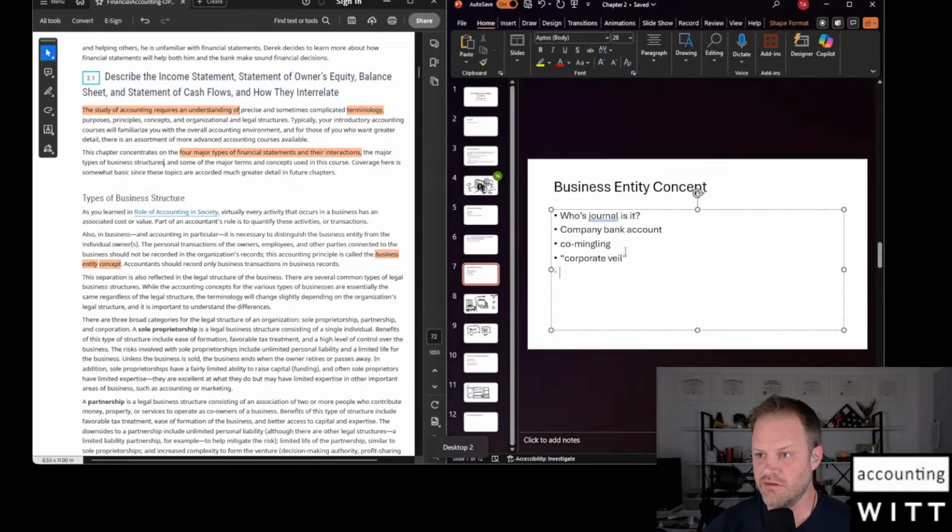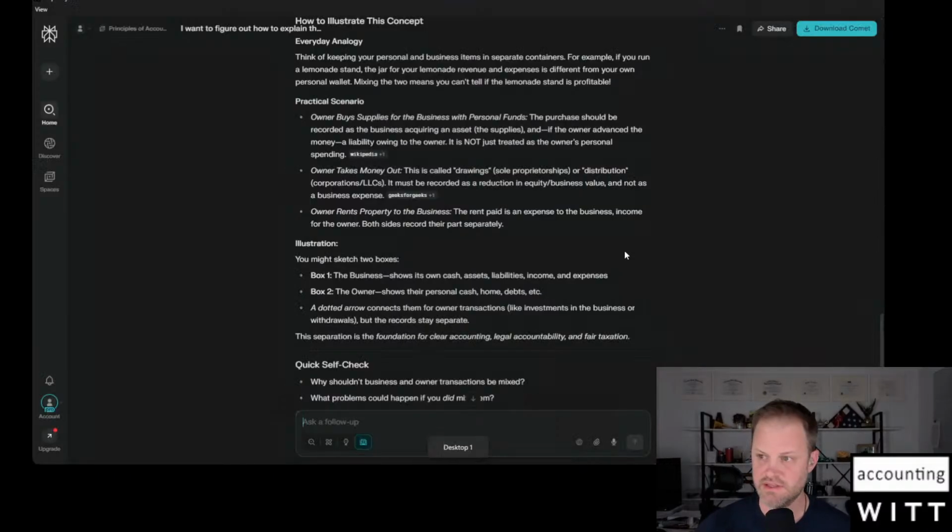Oh, so self-rent, or transactions with oneself, the concept of arm's length. So these are concepts that help illustrate